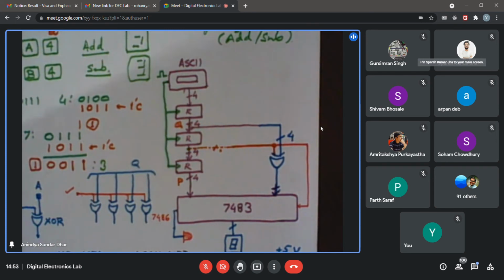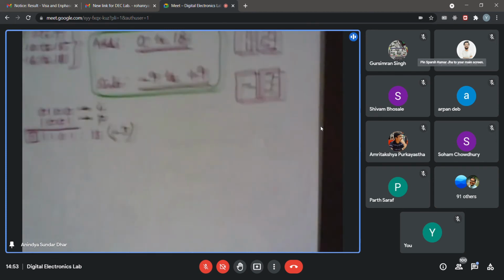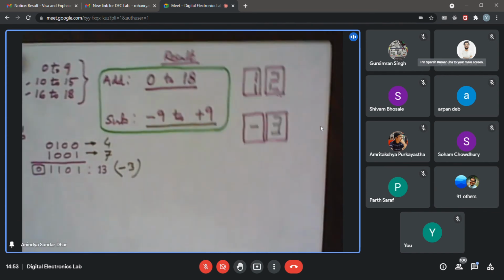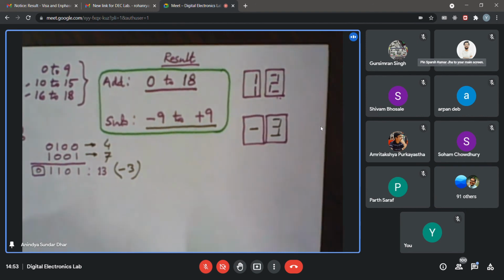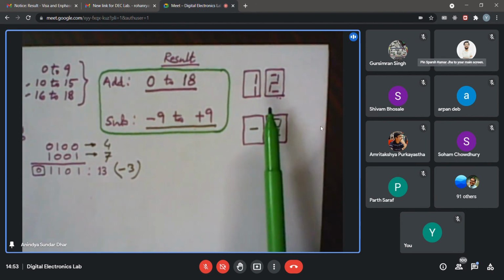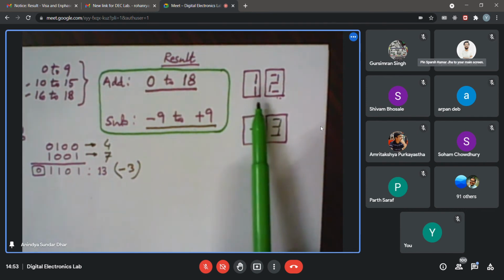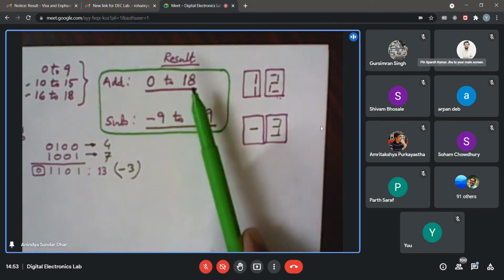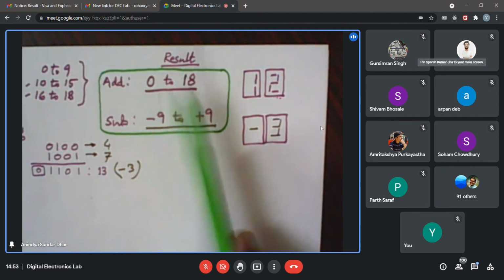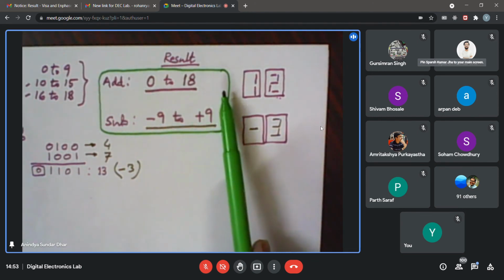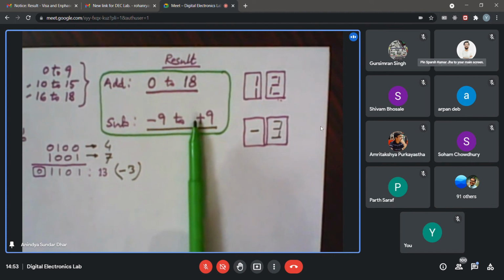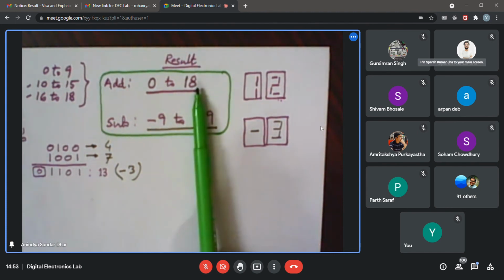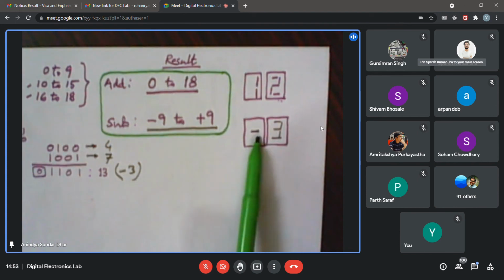Okay, so let me proceed towards this challenge problem. In that problem, we said that whatever you are asking just now, what happens if the result is actually negative, we want to have 2 more features which can make it usable for a general user who is conversant with the decimal number system. So he or she should be able to see the results in decimal form, because we know that addition or subtraction results will be in the range of -9 to +18. It will be displayed properly with a negative sign if it is negative. Certainly addition won't generate a negative sign.